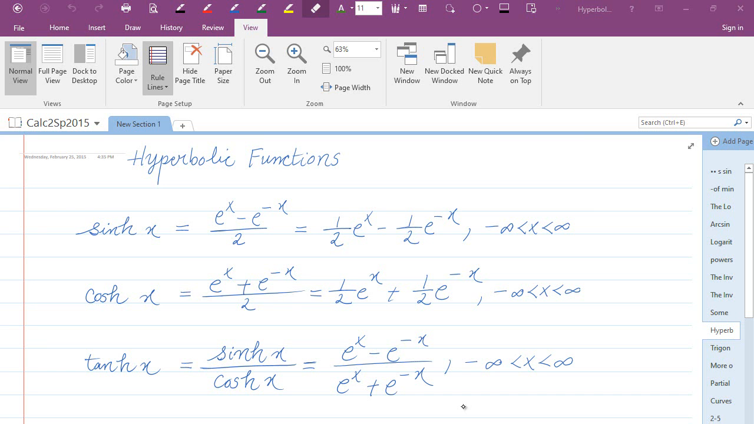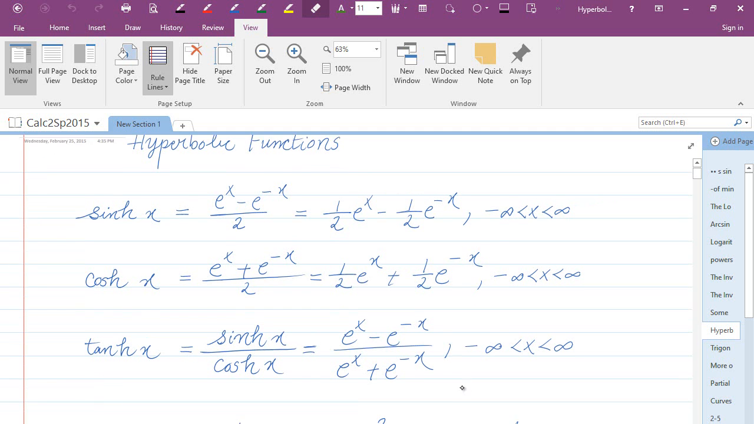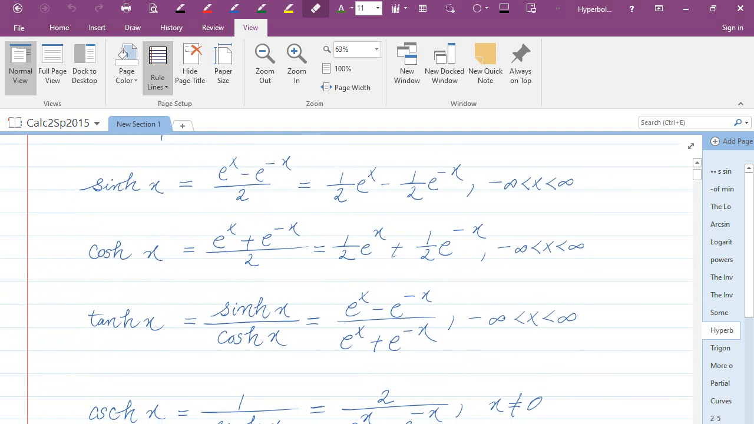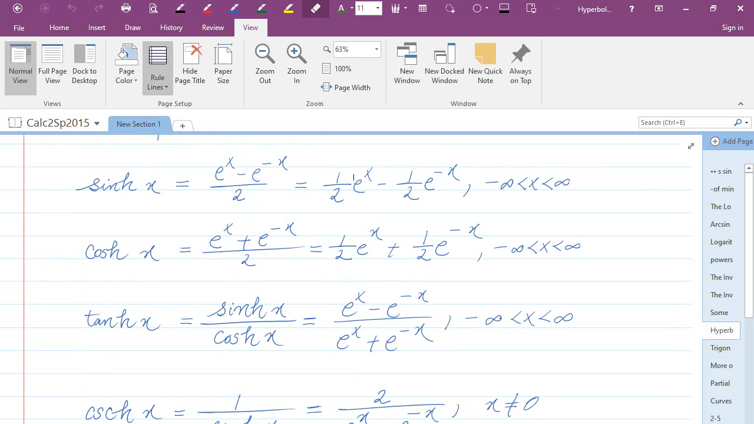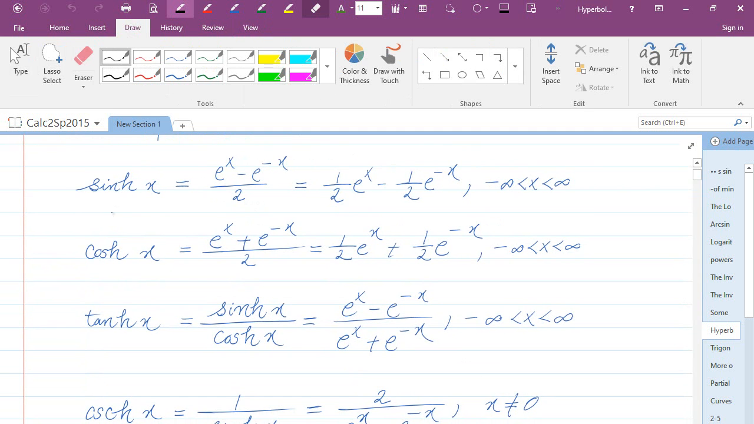Alright, so this will be the first video on hyperbolic functions. There are three main hyperbolic functions here. The first one is the hyperbolic sine function. You see that I have sinh. So, hyperbolic sine function. If the input is x, then the output of the function is